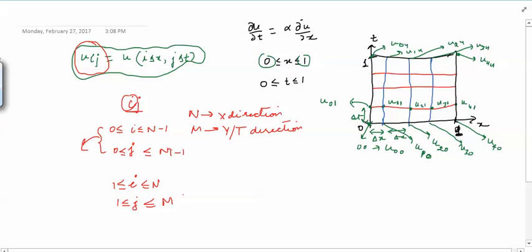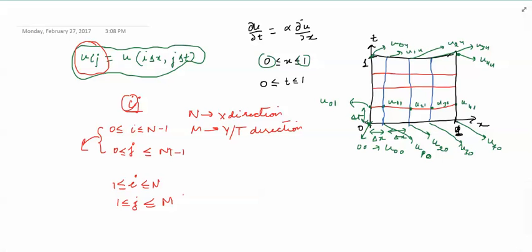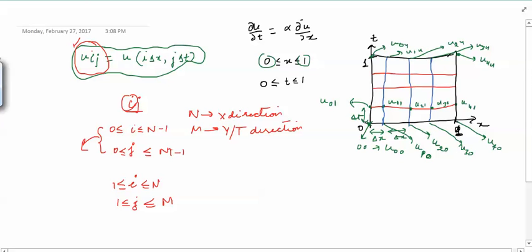This is the first step towards the finite difference method. You have to cover your domain with a grid, and the number of grid points you can choose according to your requirement. After that you have this notation u i j, which stands for the value of the solution at the ij-th grid point, meaning a general grid point somewhere in your grid. Now in the next video we'll see what the next step in the finite difference method is. Thank you.